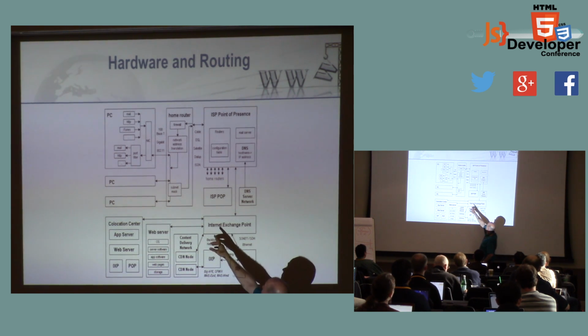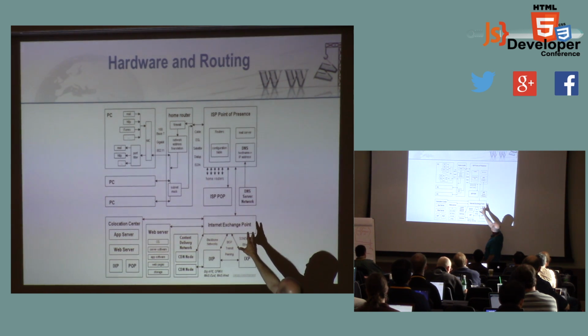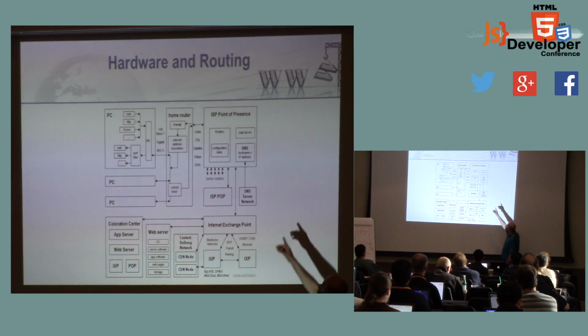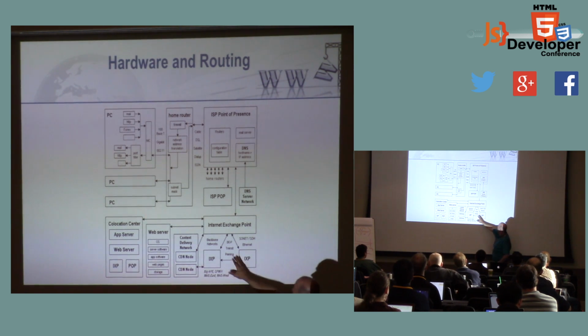Be that as it may, the data goes over the cable modem, goes out to the ISP's point of presence, and they've got some things going on here. Primarily, the most important one is they've got a DNS server. And this allows you to resolve most DNS queries at the ISP's point of presence rather than doing an authoritative lookup. We'll talk more about DNS shortly, but once we've done the DNS lookup, and let's assume that it was cached there,